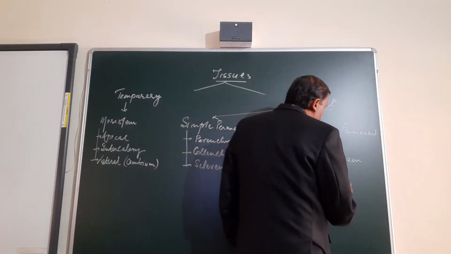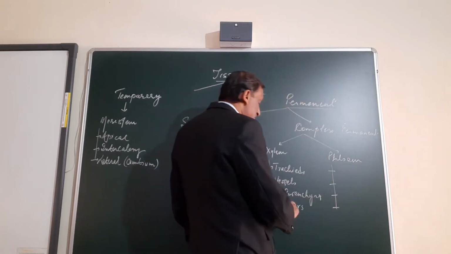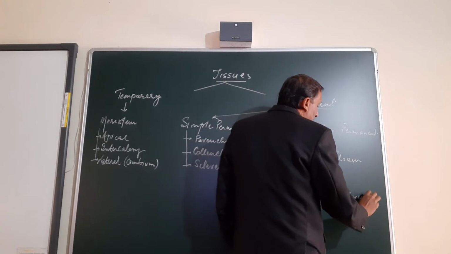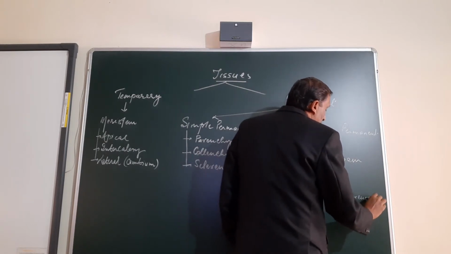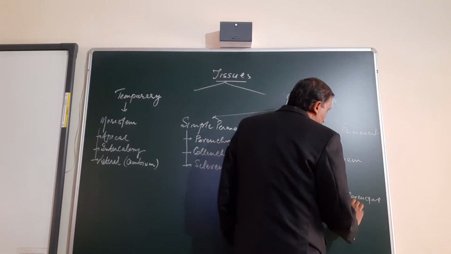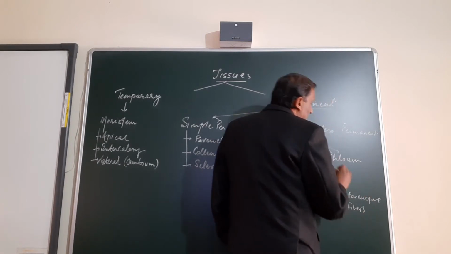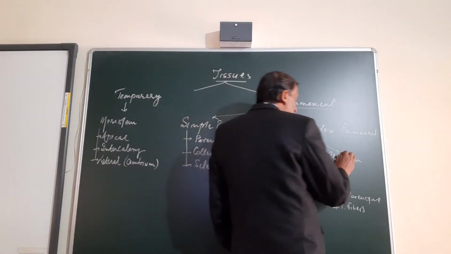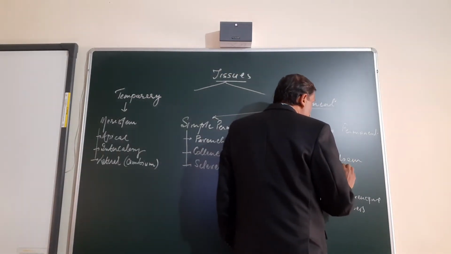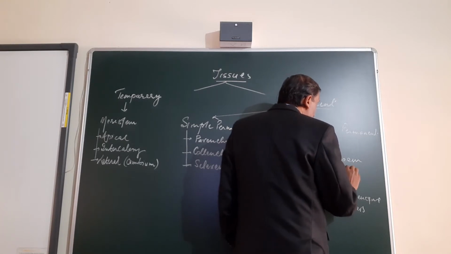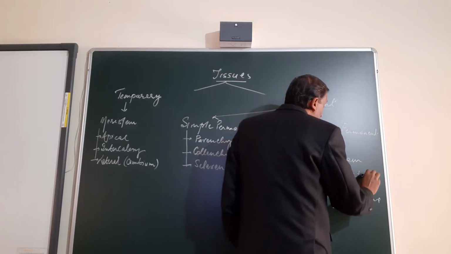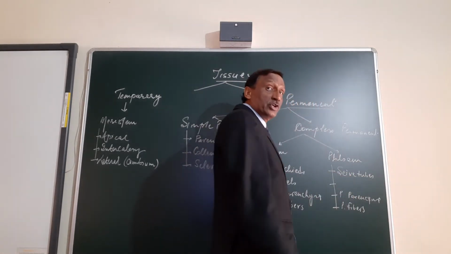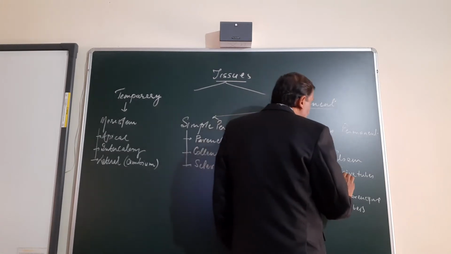Phloem again is made up of four types of cells. Out of that, as with xylem parenchyma, similarly there will be phloem parenchyma and phloem fibers. The main tissue which is responsible for the transport of food is the sieve tube, and there is another type of cell which is found along with the sieve tube to control their function. They are called companion cells.